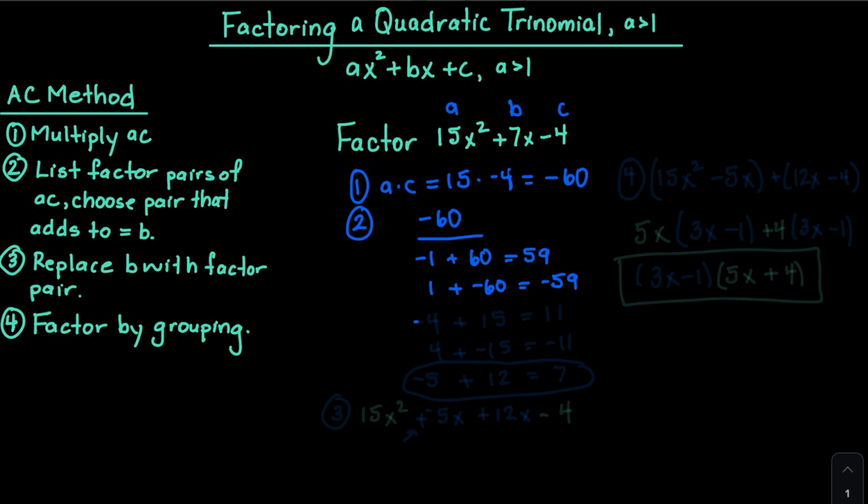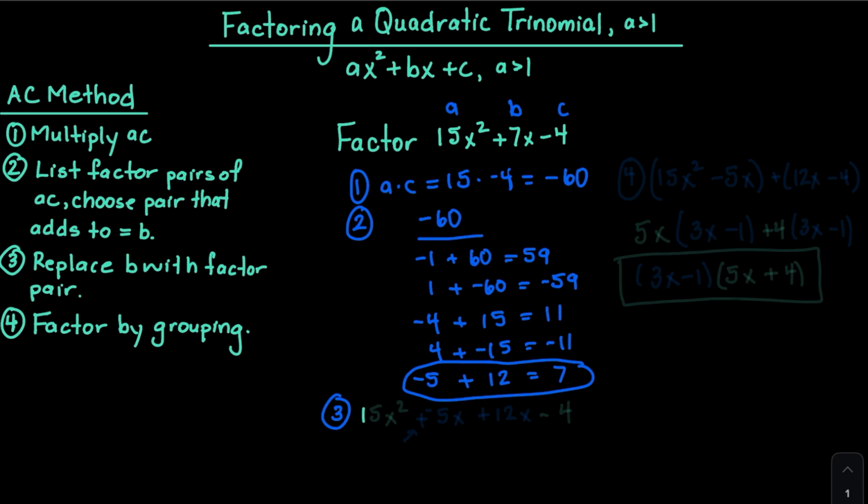Let's check negative 4 and 15. That adds to 11, and 4 and negative 15 adds to negative 11, and negative 5 and 12 adds to positive 7. So I can stop right there, and I know my factor pair is negative 5 and 12. So step 3 tells me